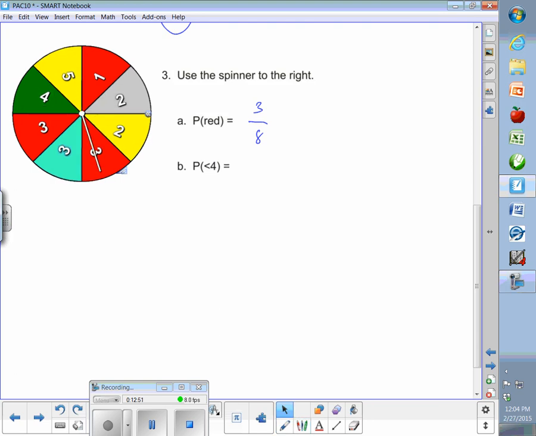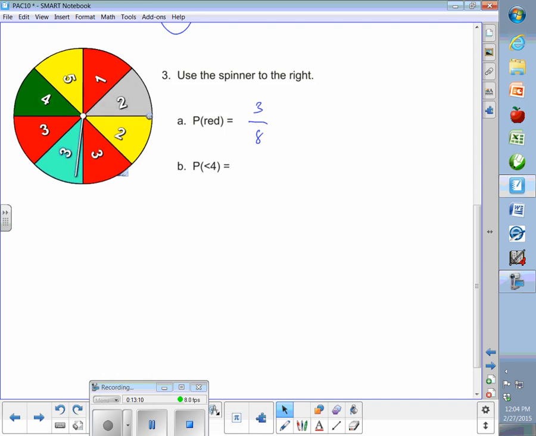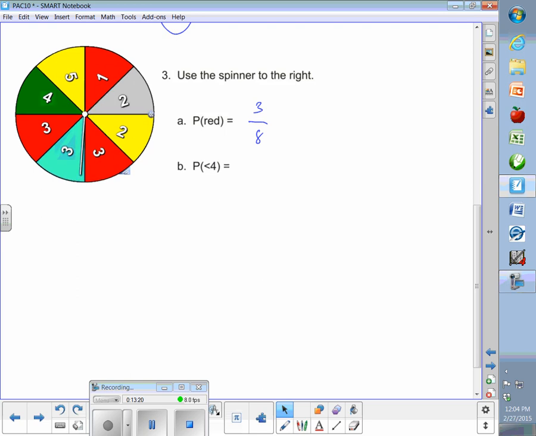Let's take some spins. There's 1, 0 for 1. 0 for 2, barely a gray. 0 for 3. 0 for 4. 0 for 5. 1 for 6, barely there. 1 for 7. 1 for 8. So our probability was, the actuality wasn't the probability. It was low, wasn't it? The actuality was lower than the probability.